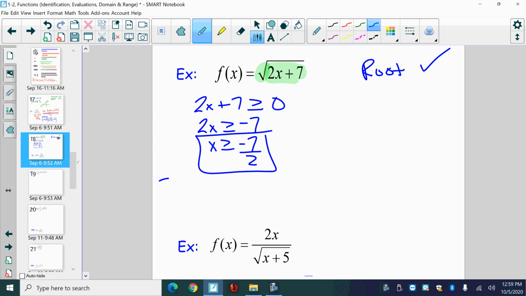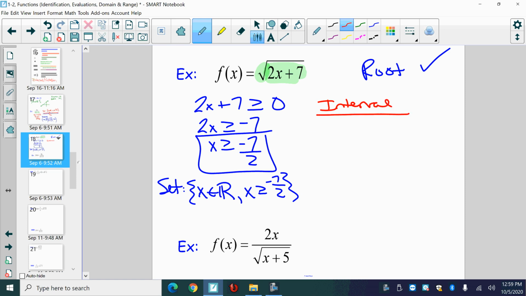So my set notation is going to be, I put it in a number family. I have x with my curve E, and 2 lines down for the real number system, R. And then I say x is greater than or equal to negative 7 over 2. X can be any number as long as it's greater than or equal to negative 7 over 2. Then my interval